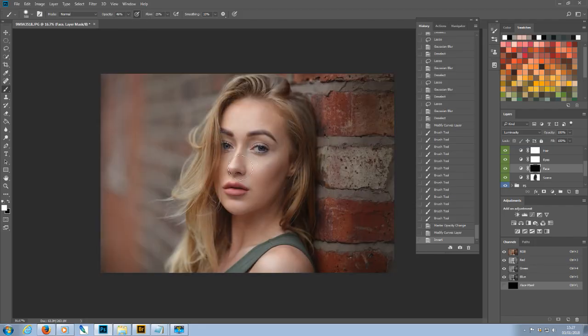I can now, with my brush, paint this adjustment initially just onto the model's face,